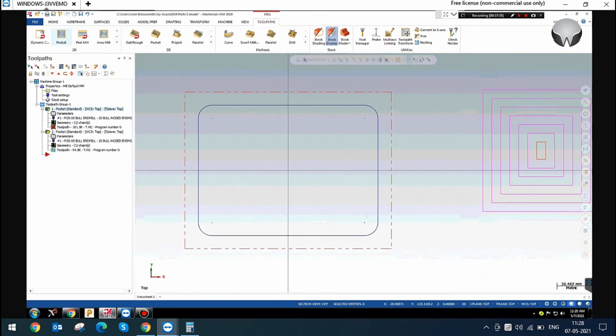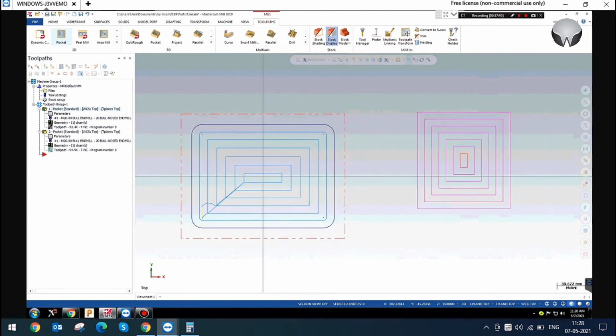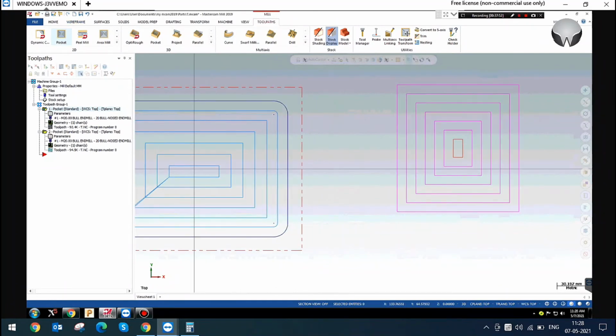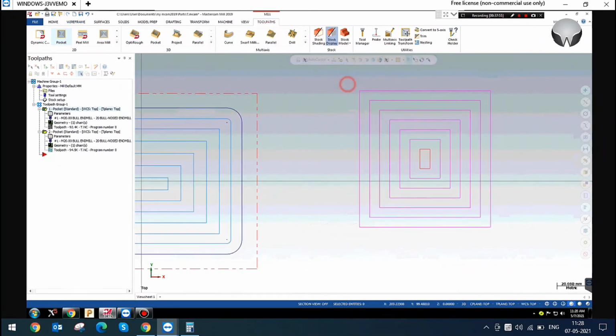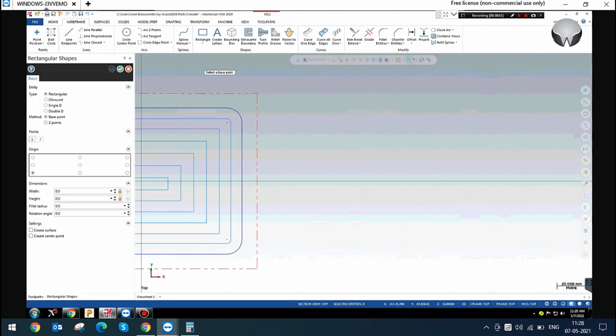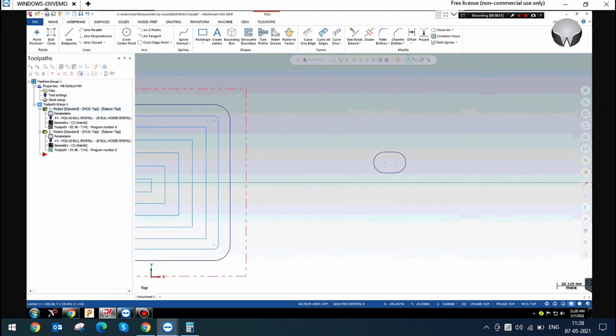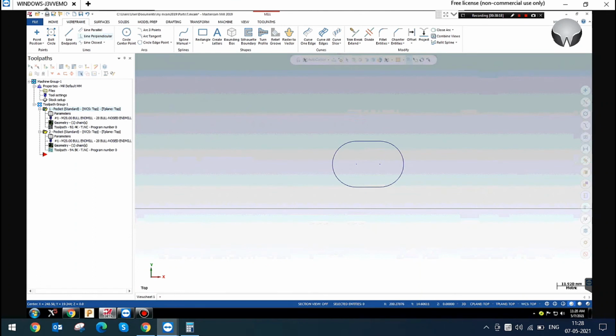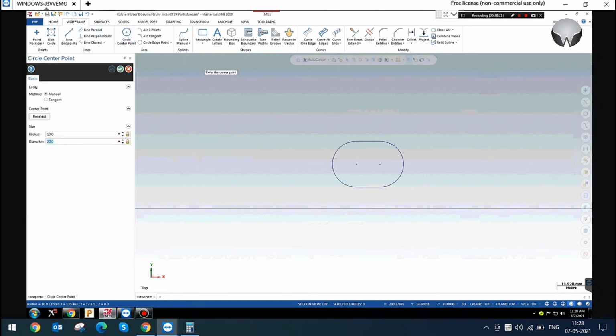So what is minimize tool burial? If you have this slot, and you have a cutter for effective machining.